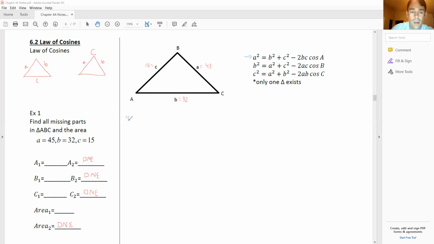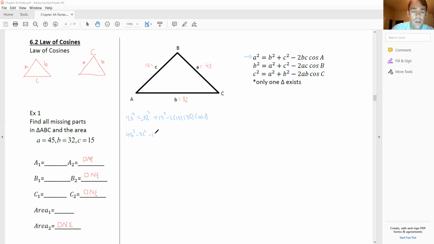I want to find for angle A. So 45 squared equals 32 squared plus 15 squared minus 2 times 15 times 32 cosine of A. So we want to get the cosine of A by itself, friends. And in order to do that, we end up with 45 squared minus 32 squared